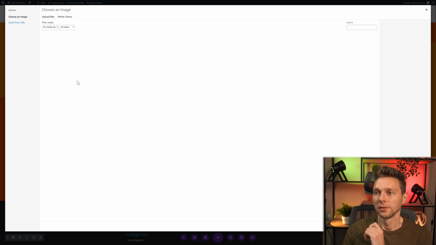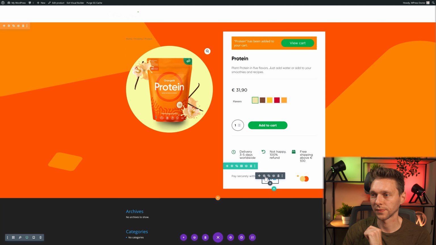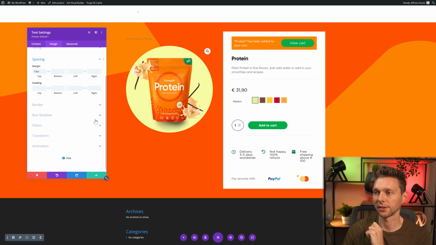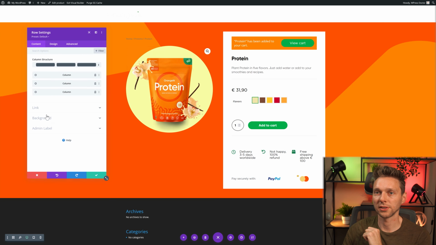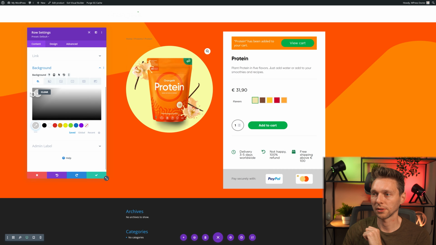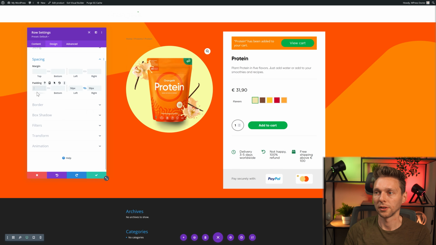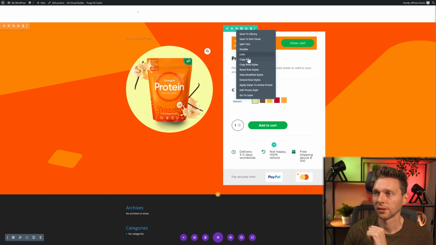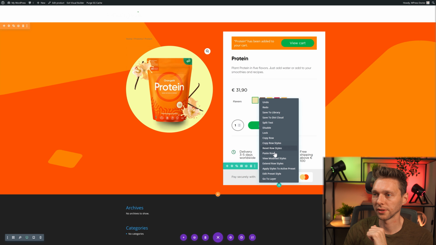Also this one. Then I want to align them, of course, in the center. Design, alignment, center. And then I want to move this one just a little bit down because it's not at the same height. What else do they have? They have actually a small background color. And I like this style. I really like it. So they made it really light grayish like this. And we're going to change the padding to 5 pixels, maybe a little bit bigger. Then we're just going to copy this row, and we're going to paste it in over here.